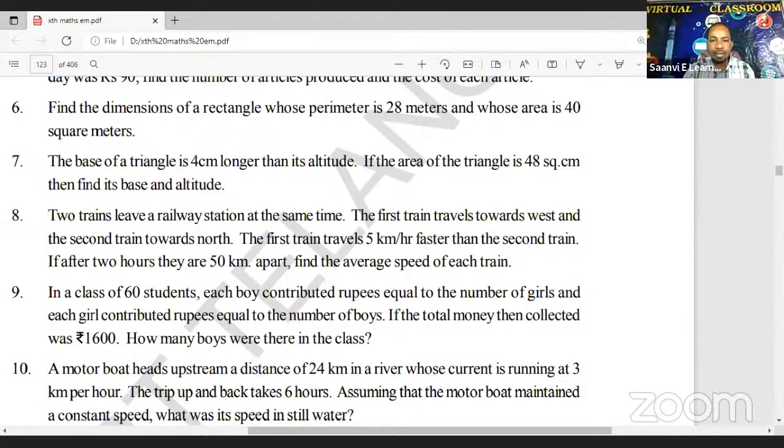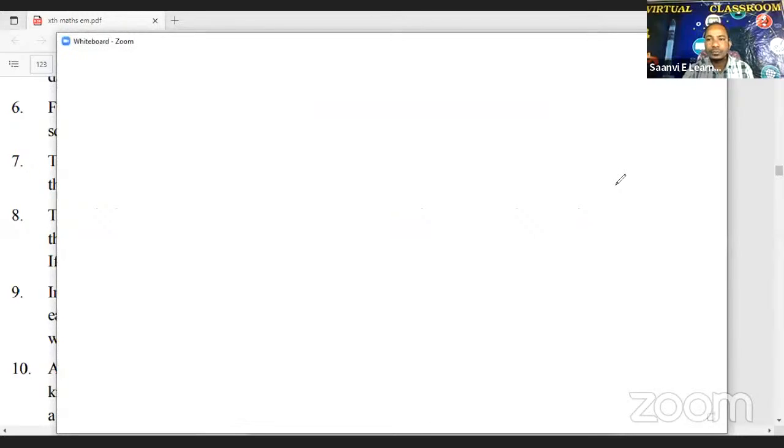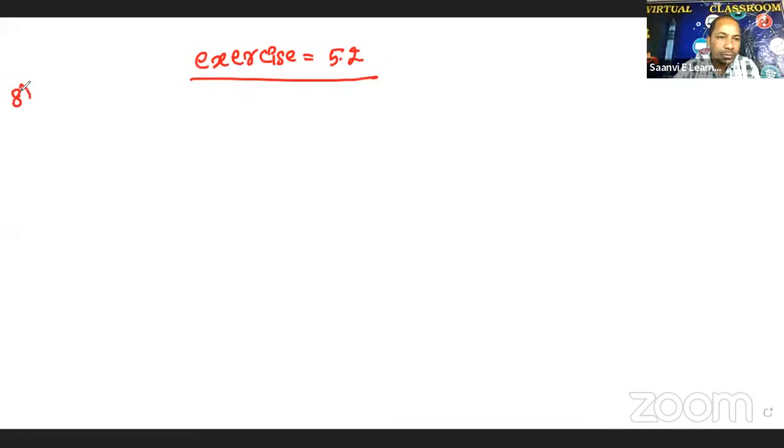So now let us see. All of you be ready with the scale and pencil. Exercise 5.2. Eighth problem. So see children, here suppose